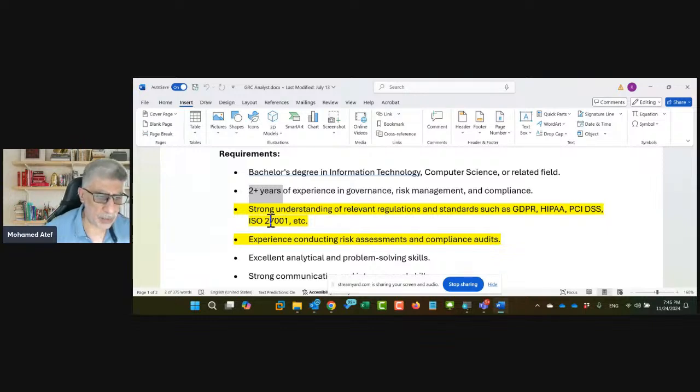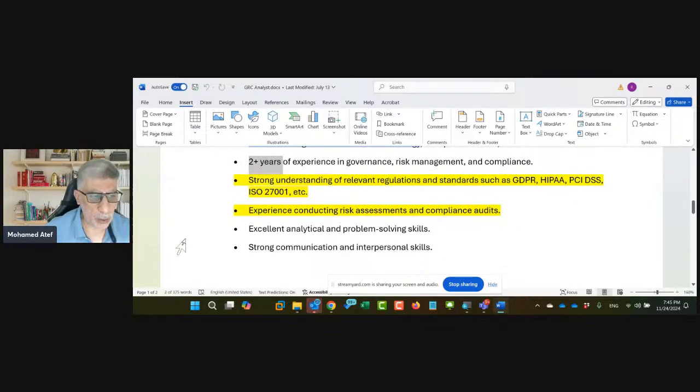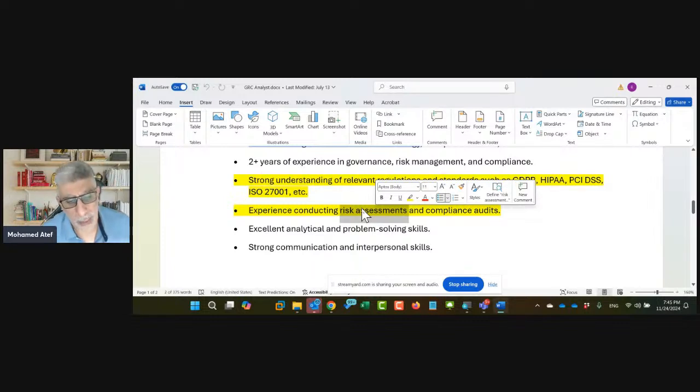Then, and I think this is very, very important, conducting or having some experience in risk assessment. And here is the challenge, guys. I believe this kind of skill, to audit the risk assessment, I think this is the challenge. What challenge am I talking about? The point here, guys, is that